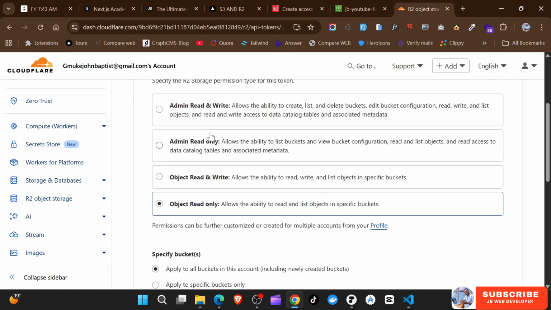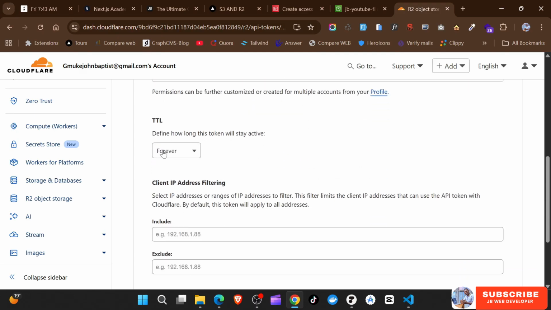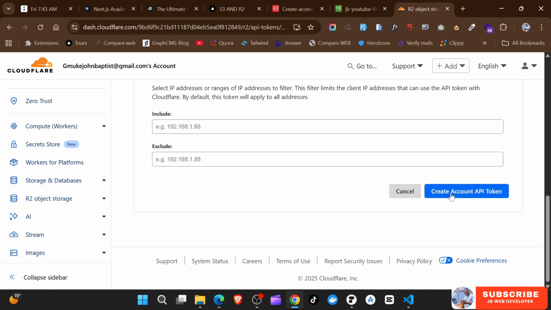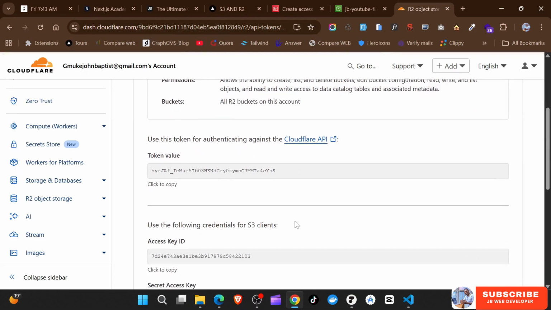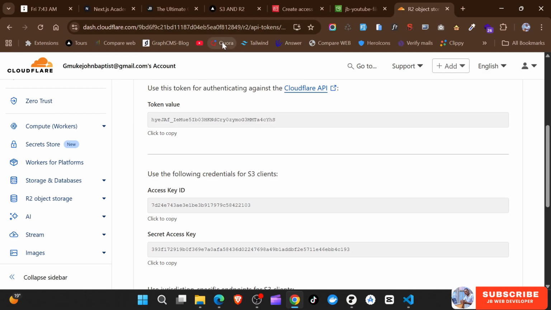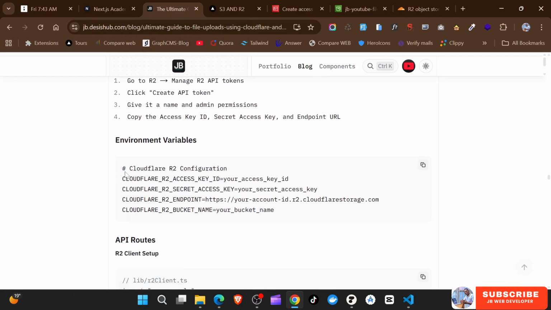Okay, I'm just going to go ahead and give it this permission for admin read and write, and then leave everything the way it is and create the token. Now the token is also going to give us the access token and all these things we need. So if you just go back down here, you just have to create these environment variables. Let me copy this,